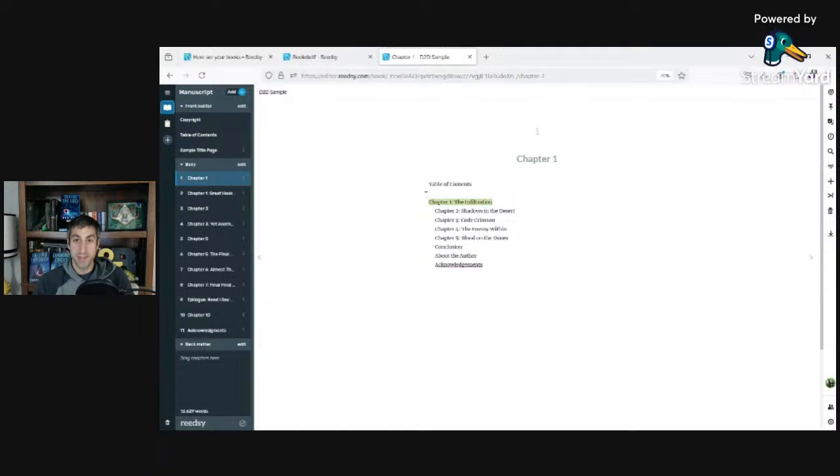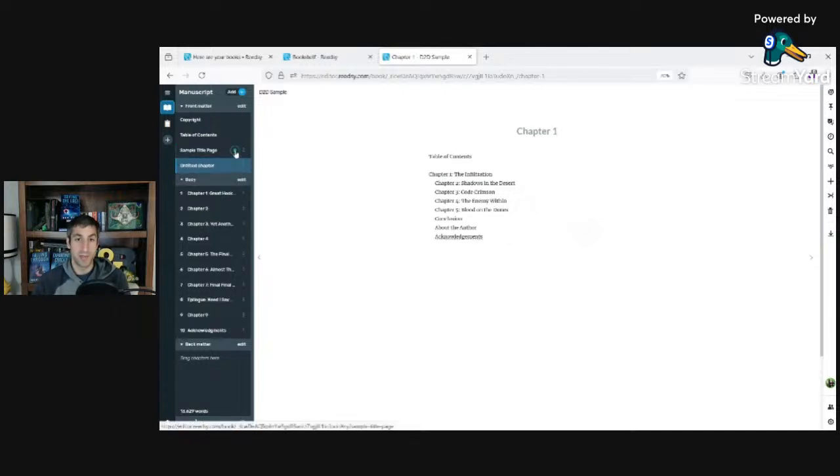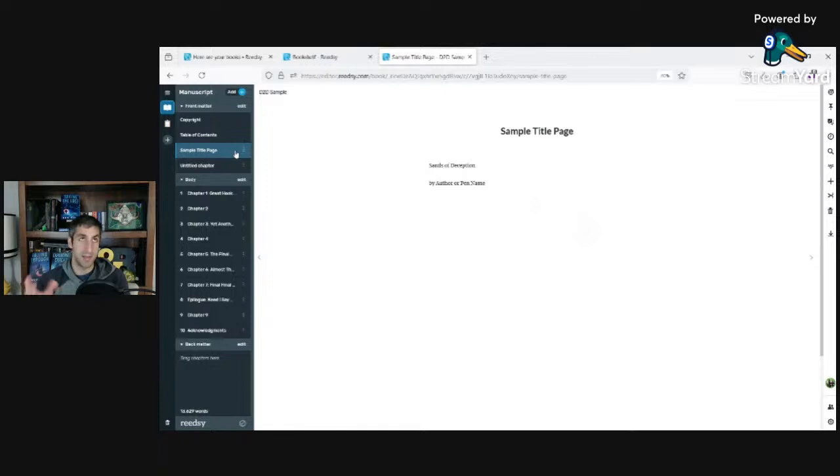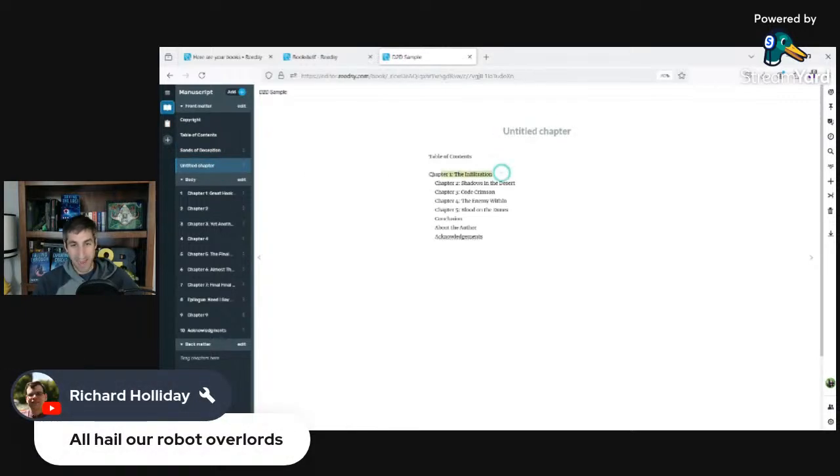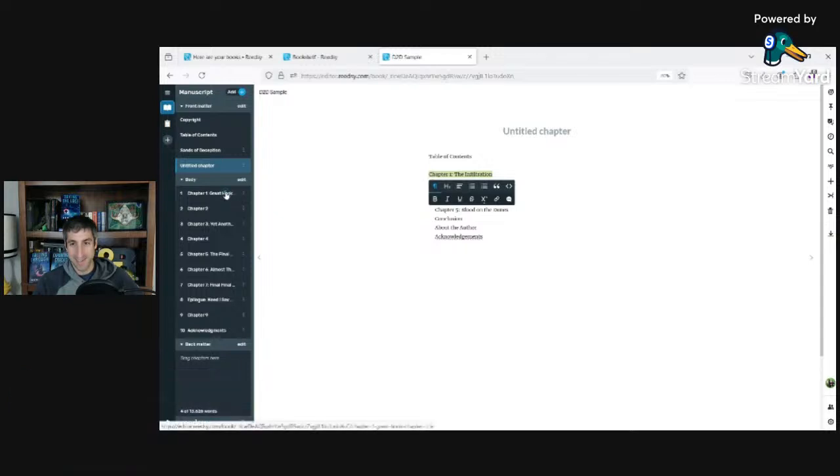And since the chapter titles don't line up, I'm going to manually copy them and then delete this imported page in preference of what's already in Reedsy as default. Now, I could turn off Reedsy's table of contents and use this, but I don't really like how it looks. So all I'm doing is moving things around, copying the chapter titles from the provided table of contents, and then deleting everything to try and make it as standard as possible.